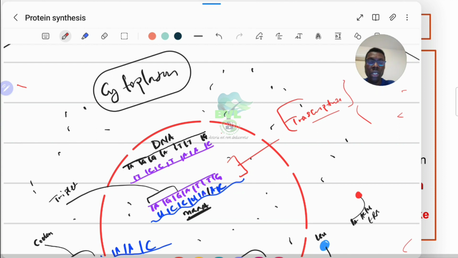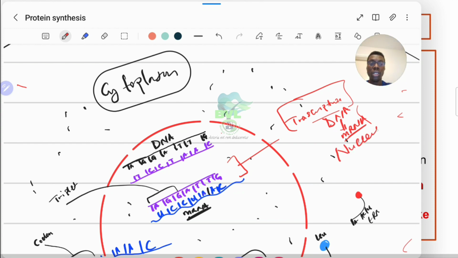So if you are asked what's transcription, simply say it's the process that involves the copying of the genetic code or the information on DNA to form mRNA, which means messenger RNA. This is very important. Copying of information on DNA to form mRNA, that is called transcription, and it happens in